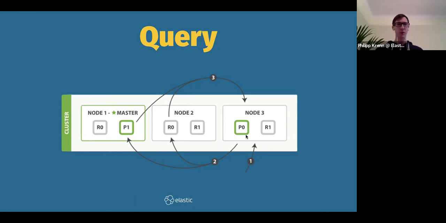Primary or replica shard for a search operation doesn't make any difference. So you can see it forwards the search operation to replica shard 0 and primary shard 1. And then those two will answer to the coordinating node in the query phase: well, I found some documents you have been searching for. For example, if you're searching for the top 10 Luke documents, both shards would say, well, I have 10 Lukes, here's my list of Lukes. What it actually gives back is the score or relevancy, and the document ID. And if you're searching for 10 documents, each node would give its own top 10 list.